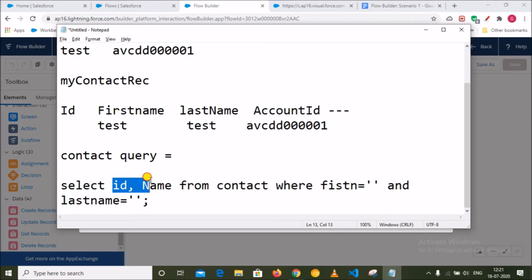If I supply this query in my Salesforce, and the record already exists with the same first name and same last name, it will return some record, right? So in that scenario I can understand the record already exists, which means I have to update the record.